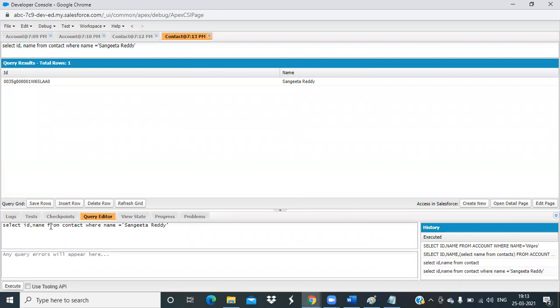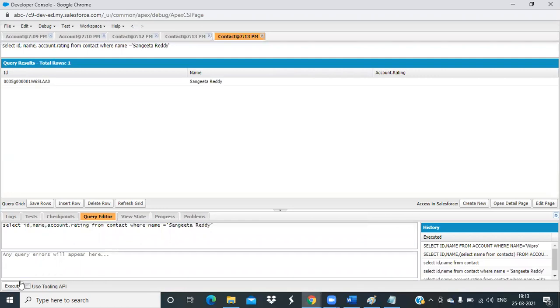Now I want to know the rating of the account related to this contact. Comma, name, comma, account dot rating. In account there is a rating, no? So when we are going from child to parent, we will use the dot operator.